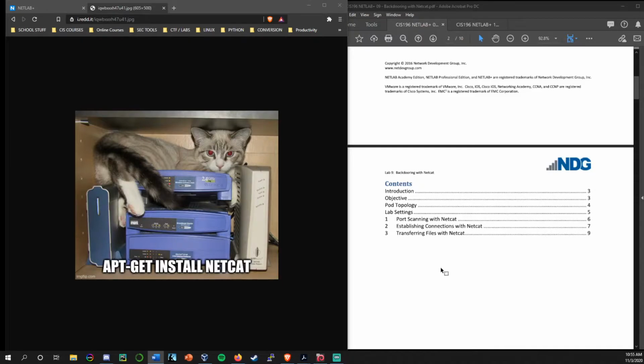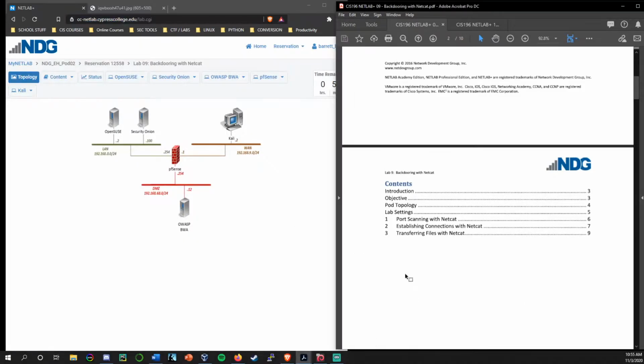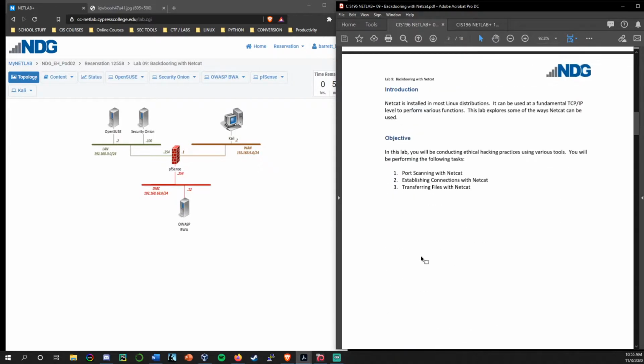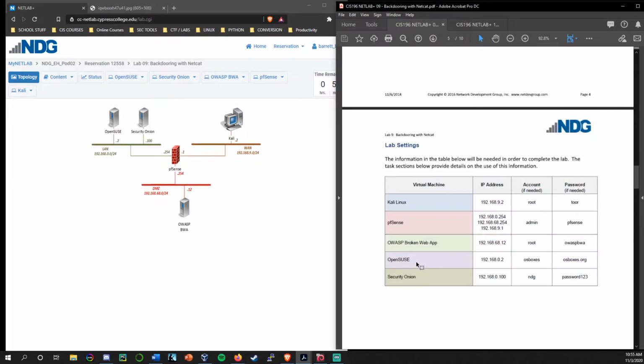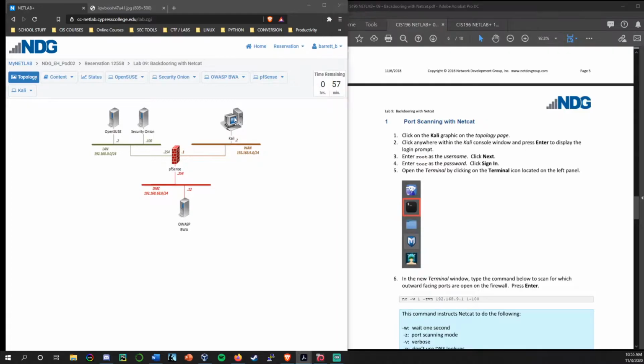This is what's called a reverse shell. So that's definitely something that can be done using Netcat. Like I said, that'll be a little bit of a bonus after we get through the rest of the lab. So first things first, we will be working on our Kali machine,